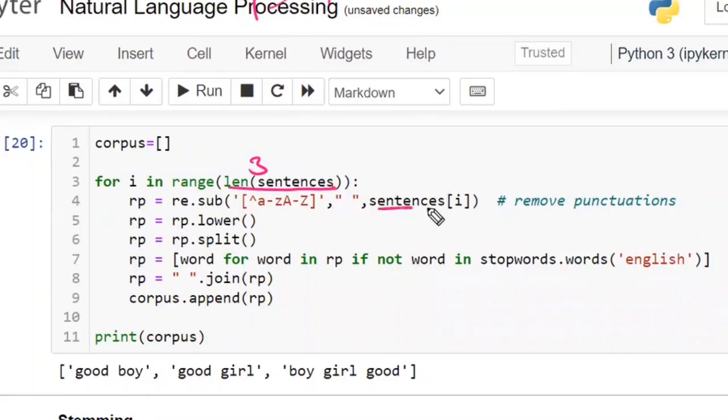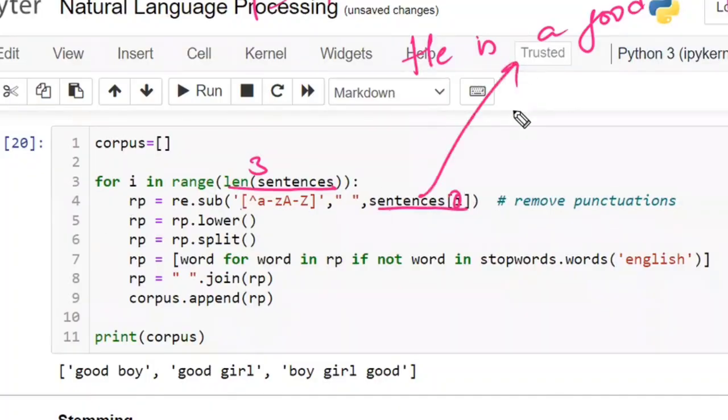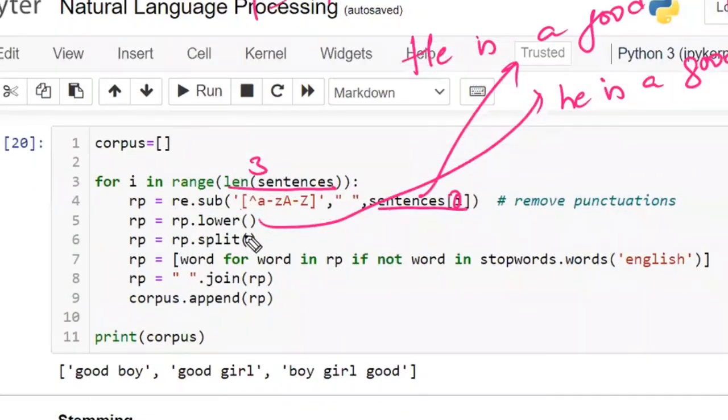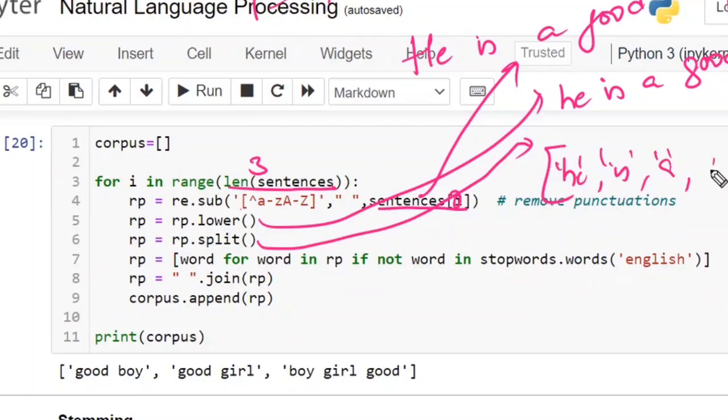Now first it is going to take sentences of 0, which is "he is a good boy." For that it is going to remove the full stop. The output of this line is just that the full stop is removed. Next, the second line. The output of the second line is that everything is considered lower case. Now, what is the output of the third line? Split function. Split means it is going to convert "he is a good boy"